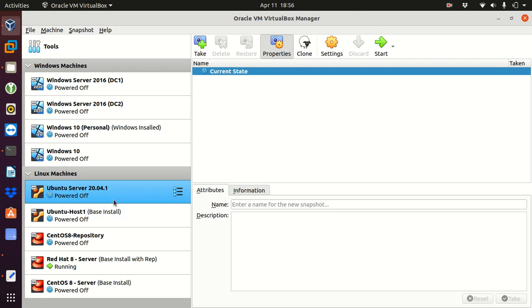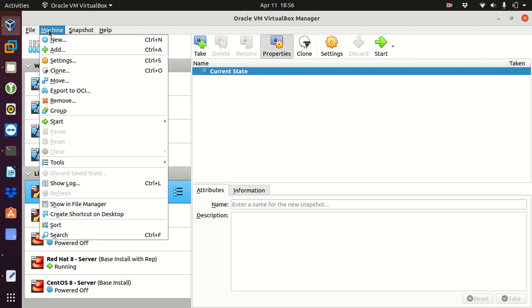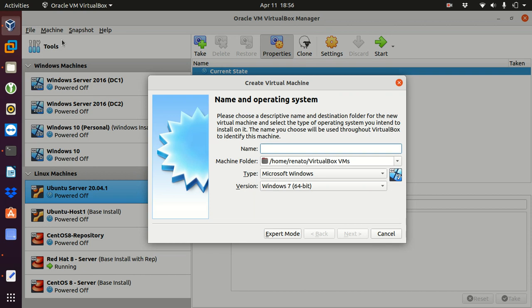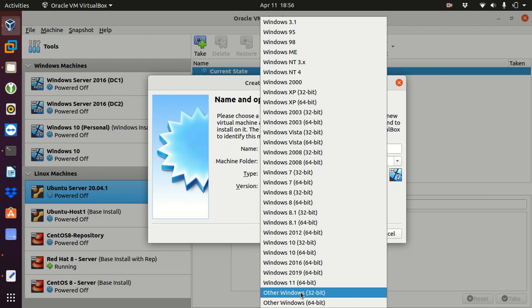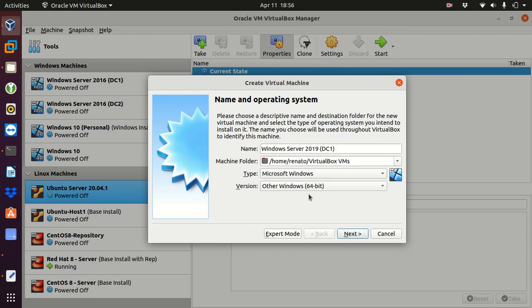So the first thing we're going to do is create the environment. I'm going to add a new machine. I'm going to go Machine, New, and I will name it Windows Server 2019 DC1, domain controller 1, and I'm going to change the version to Other Windows 64-bit. I'm going to go next,